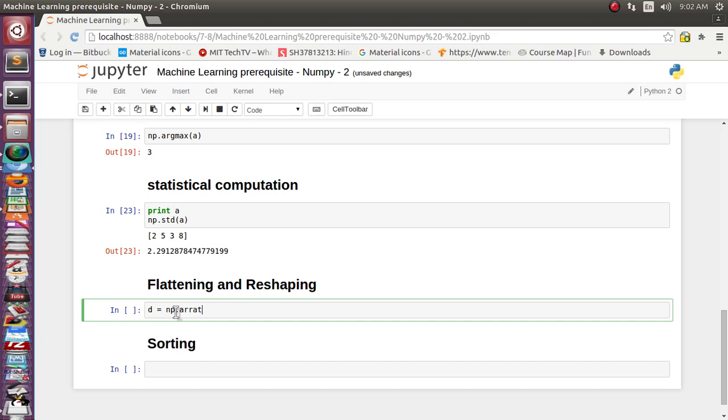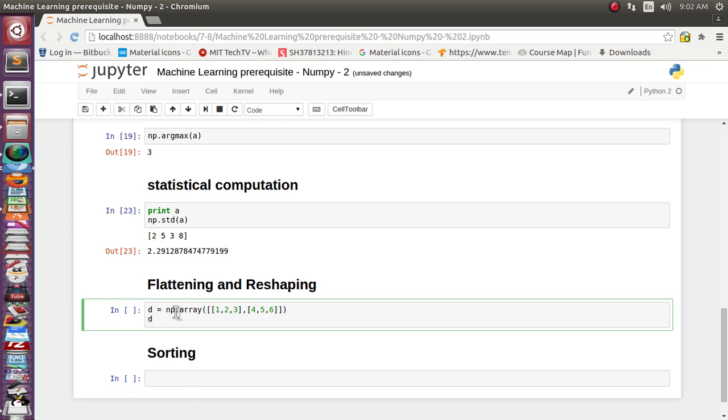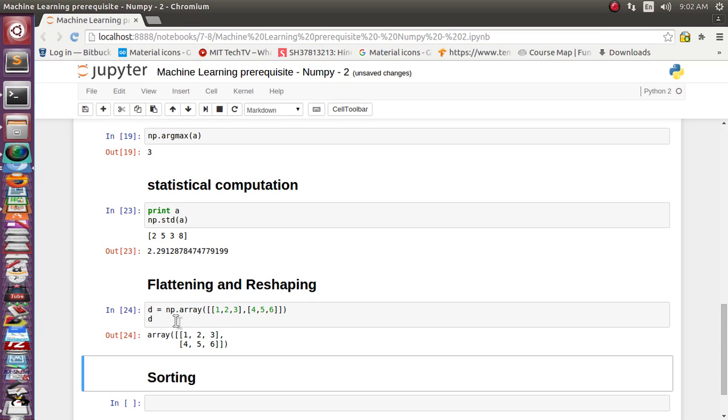So let's create a 2-dimensional array: 1, 2, 3 in the first row, 4, 5, 6 in the second row. Let's print it. Okay, correct. So far so good.